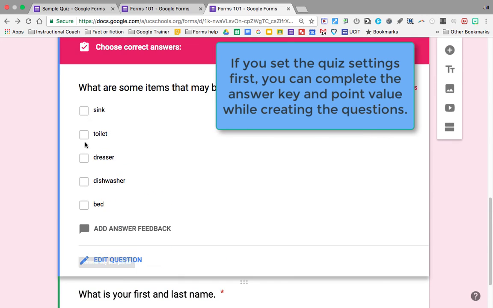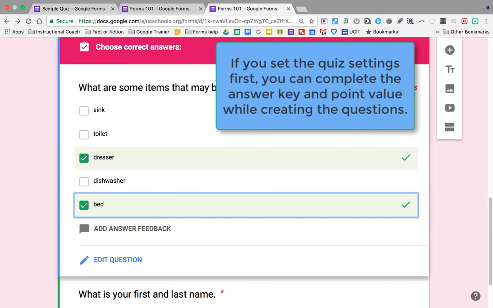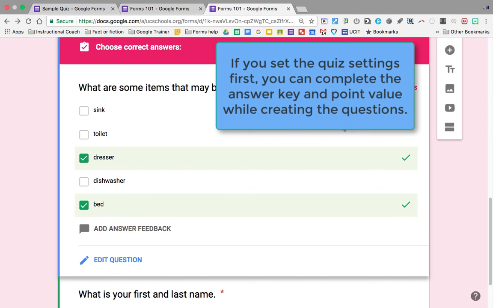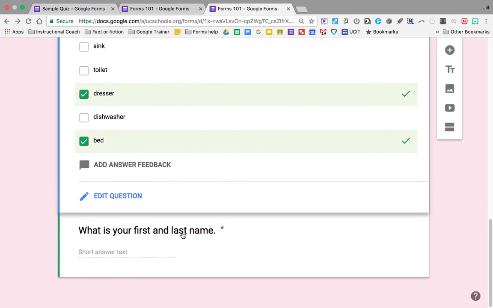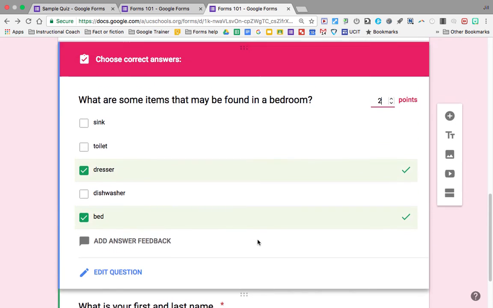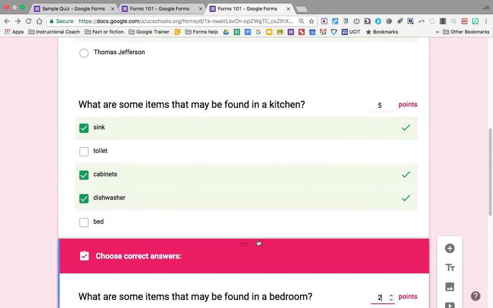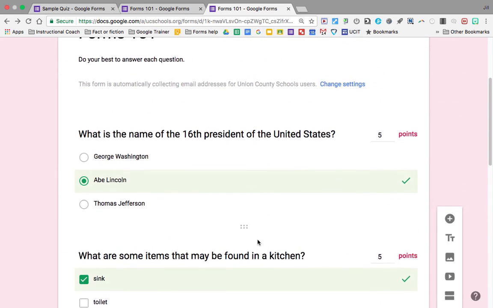I'll do this very quickly. Dresser, bed. Point value. You can choose whatever point value you would like. Now this one, of course, we will not have an answer key to. It's a short answer, so it would not grade it anyhow, but we wouldn't want to anyhow because it's their name. There we are. We now have a short quiz